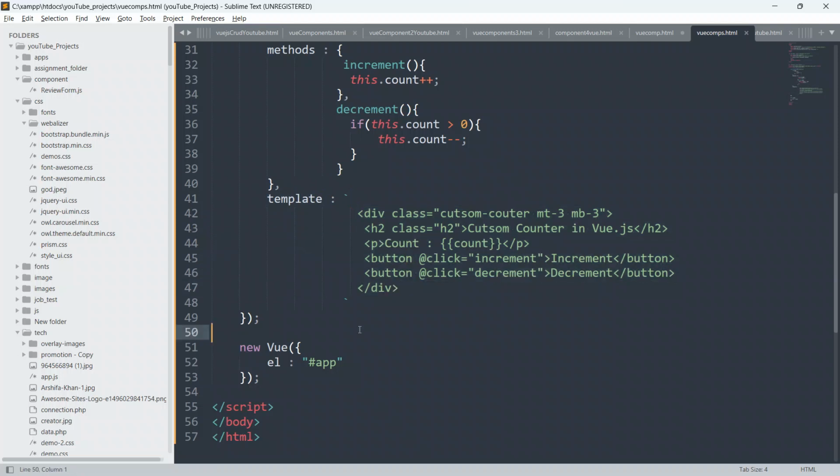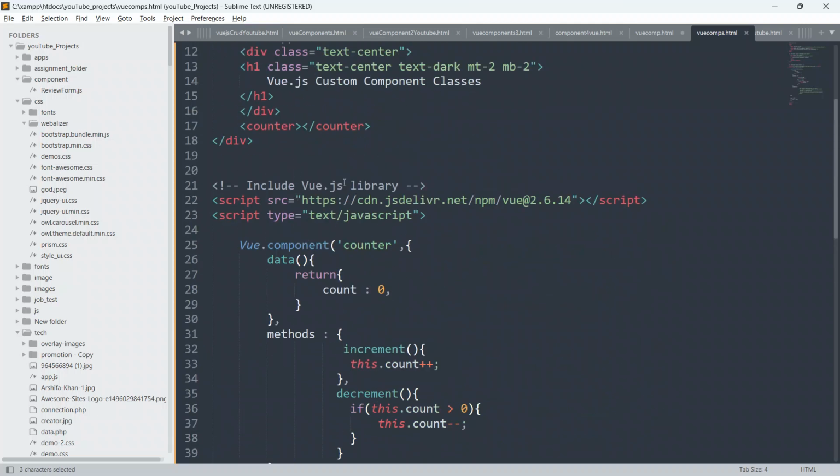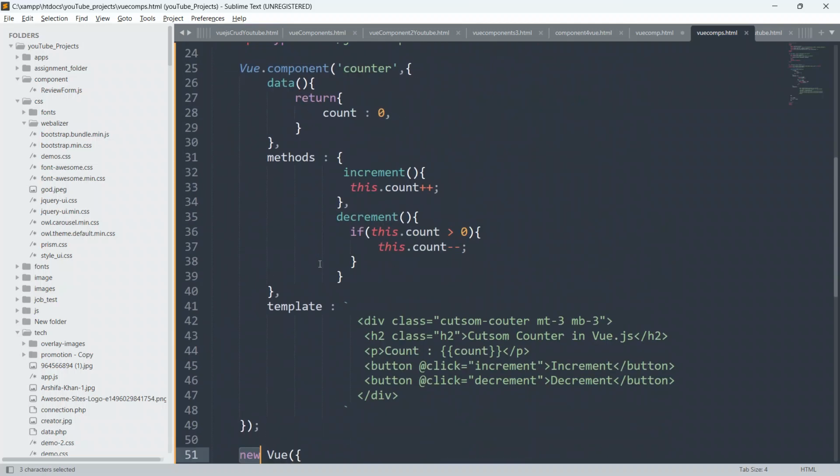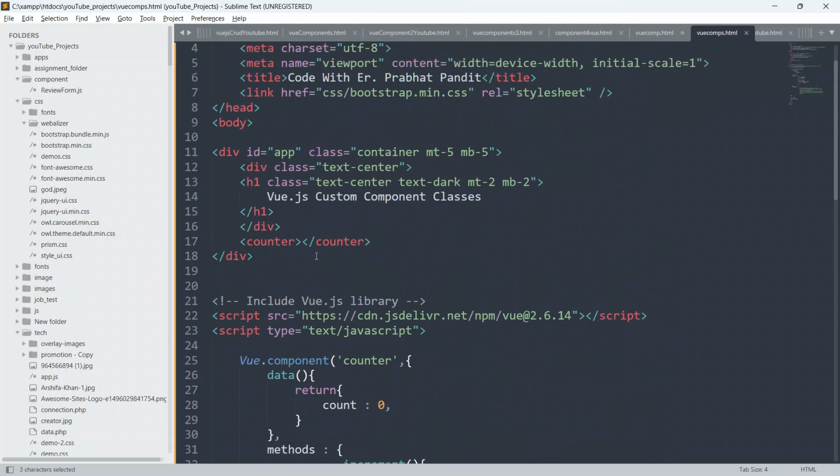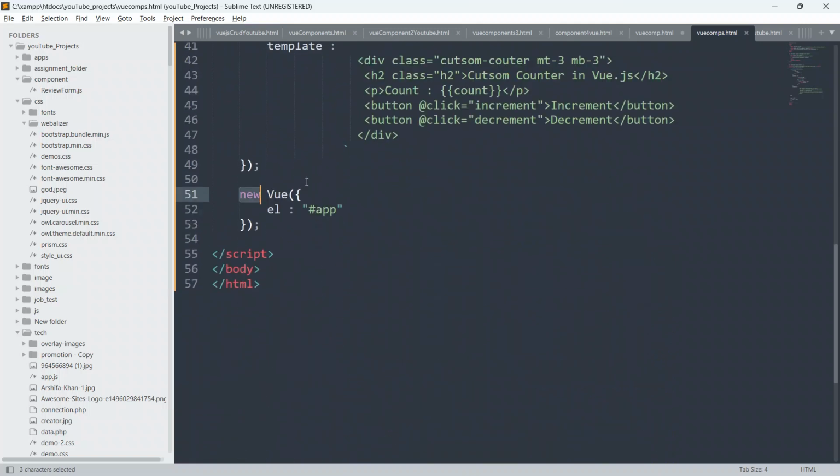Okay, and you have to mount also. So guys, you have to mount this custom component in your HTML part, in your UI part also. So we will say new, here we are creating an object of Vue.js.